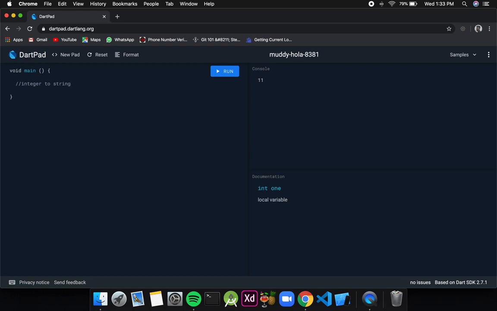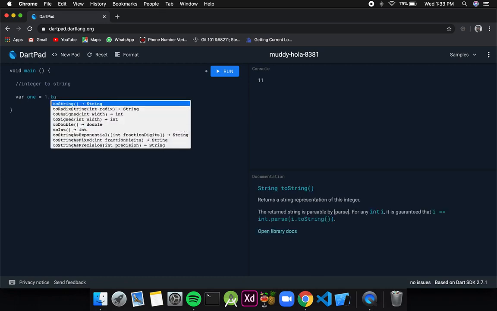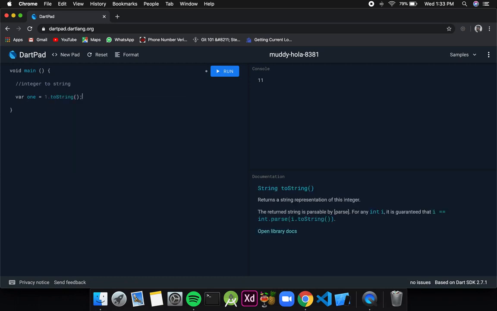Integer to string. So for that I'll create a variable to store. I will write var 1 is equal to 1, which is an integer, dot to string. Okay, now if I add some values, it should be concatenated to the end of the variable. So I will write var 1 plus equal to